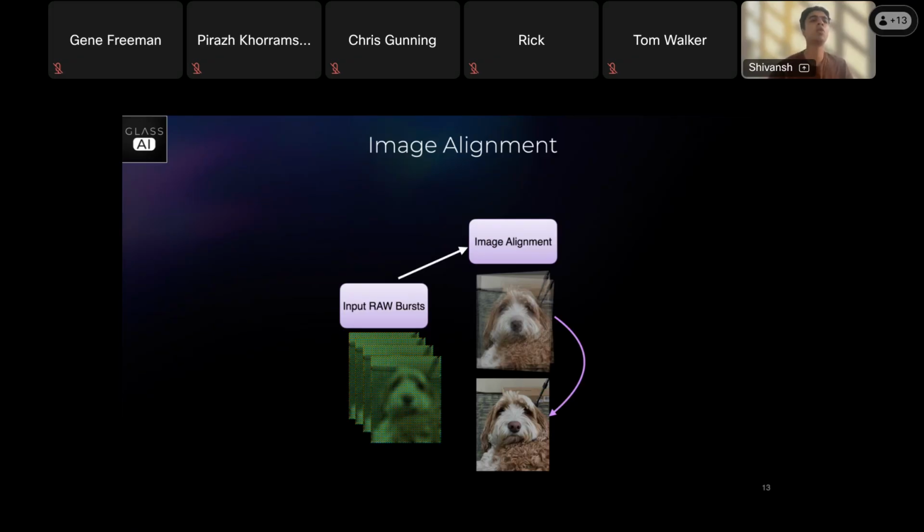But while you solve for global alignment, you have a lot of local motion in the scene, because a photo that you may capture may have many people moving in it, and let's say a bus moving in the background, a person moving in the foreground. So your alignment here has to be robust enough to solve for both global alignment and also local alignment. In tasks such as visual SLAM or visual odometry,